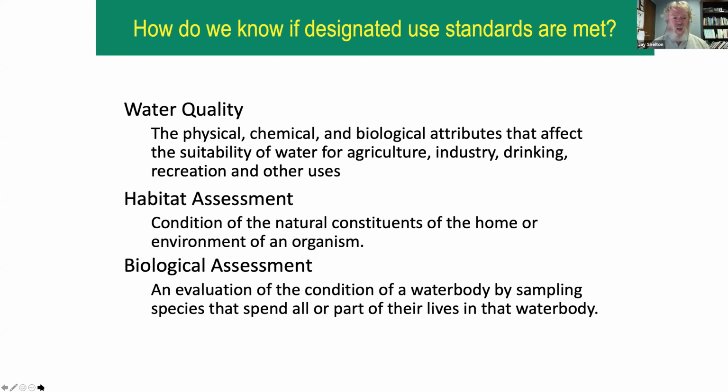But in addition to water quality, other ways that we assess the conditions in any body of water, whether it be a stream that's on your property, or a pond that was constructed on your property or that you have land adjacent to, or a big reservoir that you utilize. We look at habitat. We focus basically on the condition of the natural constituents of the home or environment for particular organisms that we're interested in. Those organisms, of course, could be fish, and frequently, that's the ones that people pay a lot of attention to, but there are lots of other types of habitat assessments that can be done.